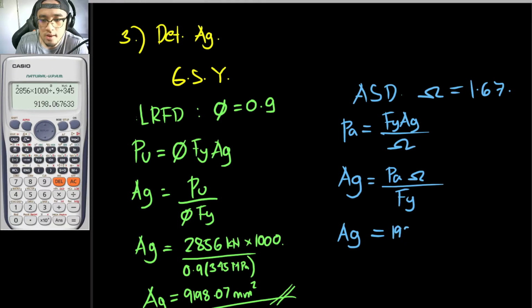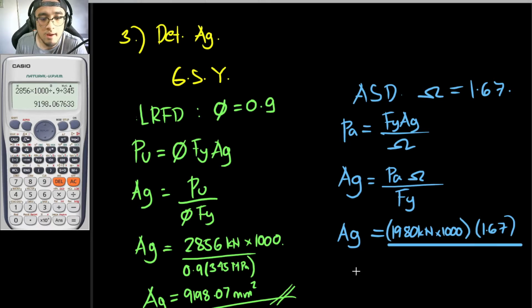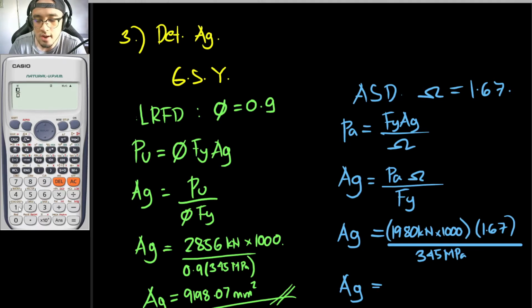So 1980 kilonewtons. But once again, let's convert this to newtons, so times 1000 for it to be converted to newtons, and times omega, and once again, our omega is to be 1.67. And we would be dividing this one right here by our Fy, and our Fy once again is to be equal to 345 megapascals. So solving for this equation right here, our value for our AG is to be equal to, looking once again to the calculator to your left, 1980 times 1000 times 1.67 divided by 345,